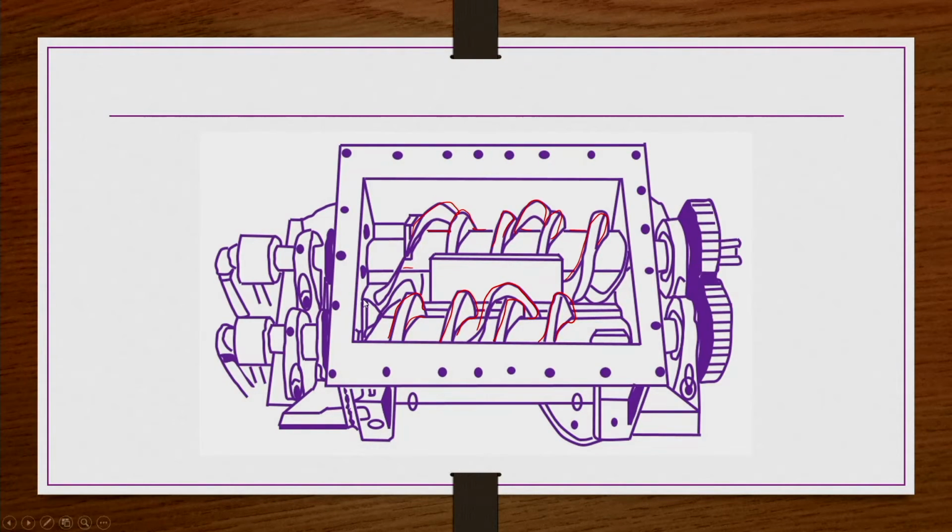Let us say this side is where the material comes in. Because both of these rotate, the blades carry this material forward in this particular direction. It moves forward as well as through the center, so that efficient mixing can take place, and then it is collected from the other end as product. This is a very simple basic principle, but the problem with this kind of mixer granulator is that the throughput is very low.